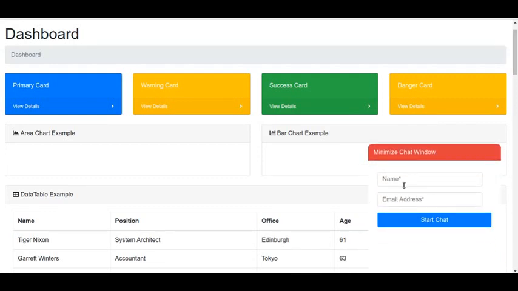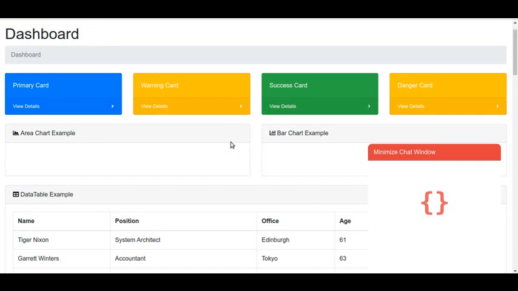Any customer who is visiting this website can simply click on that widget, enter his name and email, and basically start chatting. Once this chat is initiated, the chat appears on the agent interface in the same way the other chats appear.